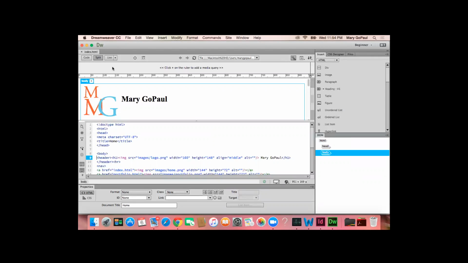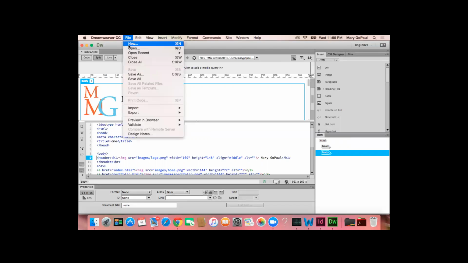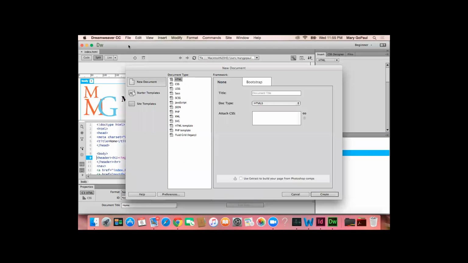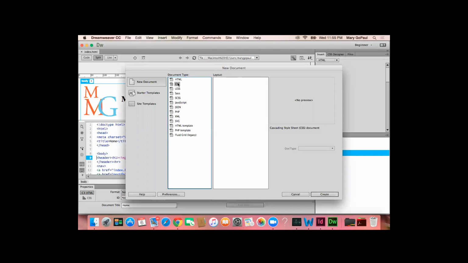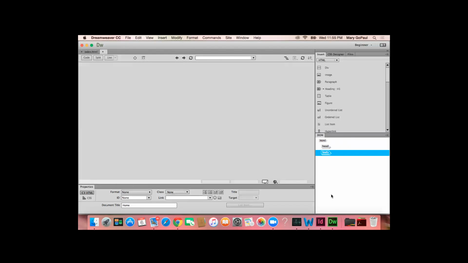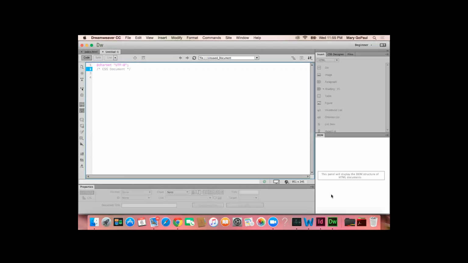I don't have a black background color. Okay, do File, New, and then click CSS, and then click Create. And then on line 3, let's type in